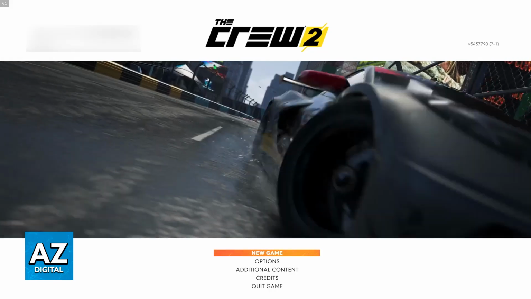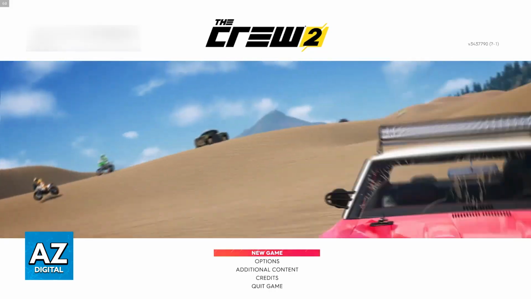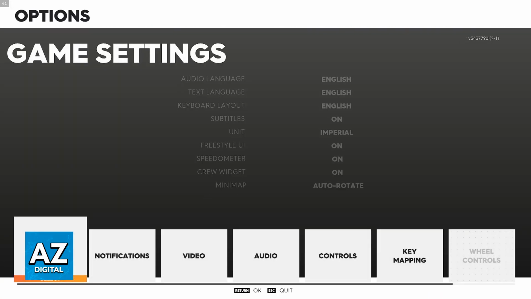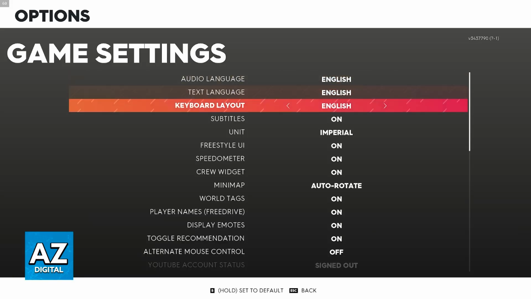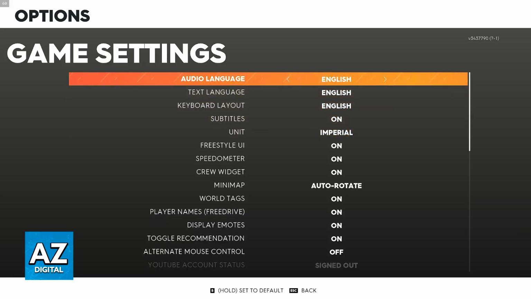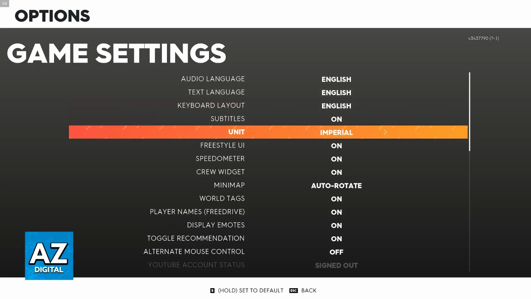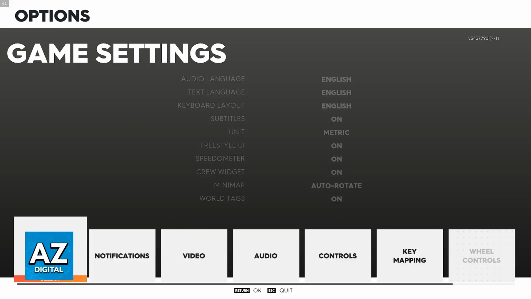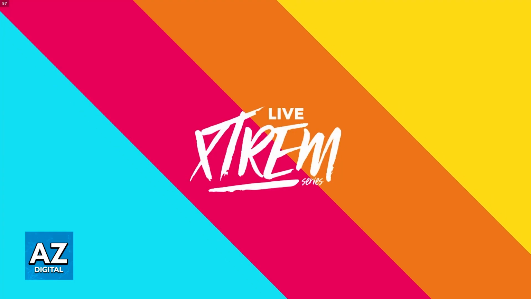2. All that you have to do is from the main menu of the game, go over to Options, and when you go over to the main category, Game Settings, you will be able to find Unit. So below the language options, you will be able to find unit, and you can change it between imperial and metric. So all that you have to do is make sure that you are selecting the metric unit. As soon as you select it here, you don't even have to apply the changes. They should automatically change as soon as you select it. And now you will be able to go back and start playing.